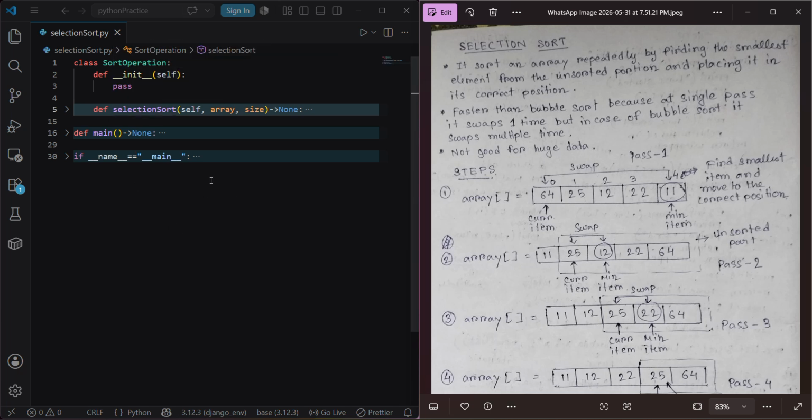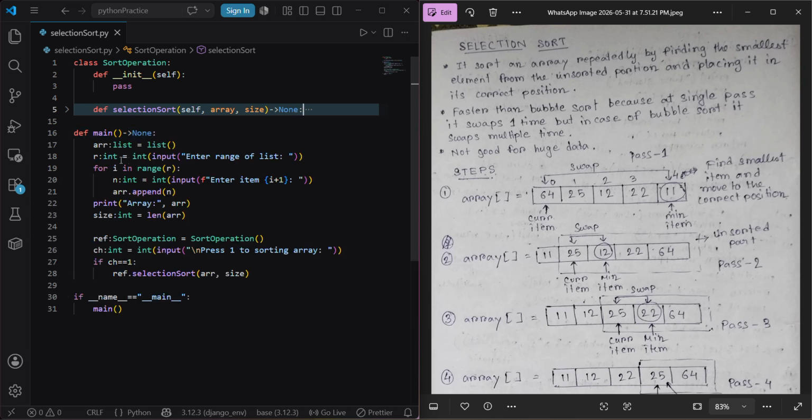As you see my approach, I have always maintained the concept of object oriented programming. I have used classes and objects, means instances. So this is my main block. The main function will be executed, and from the main function, what I have implemented, I have taken